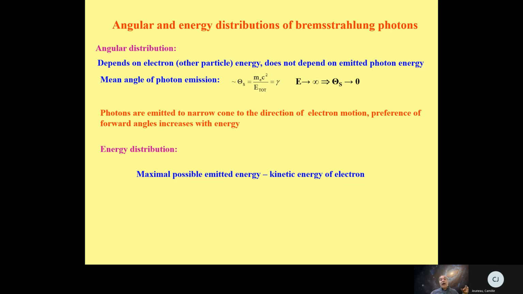That means for very high energy, this first part of the electromagnetic shower has a very small radius, but for lower energy it starts to be wider and wider. Okay, that means photons and also electrons are emitted into a narrow cone. As for the energy distribution, the maximal possible emitted energy is the kinetic energy of the electron, but